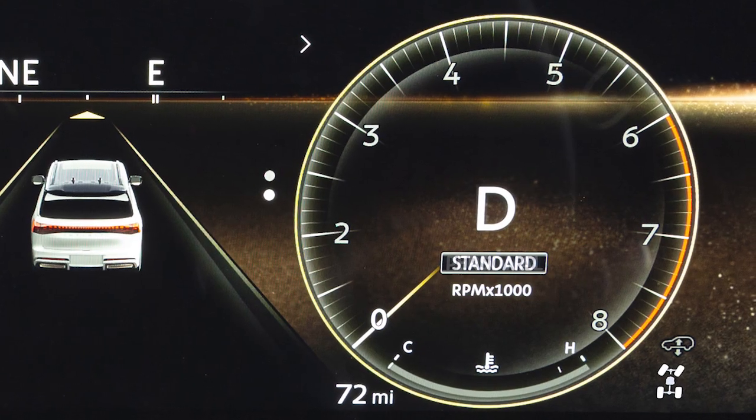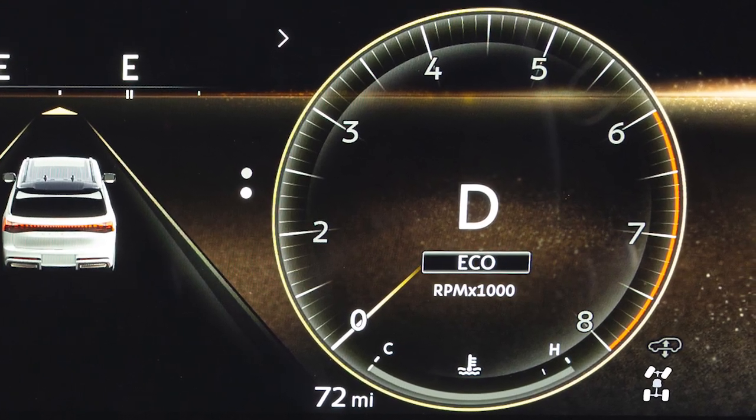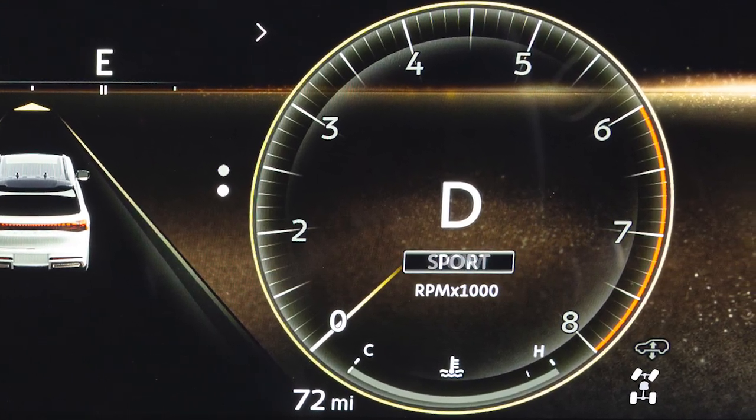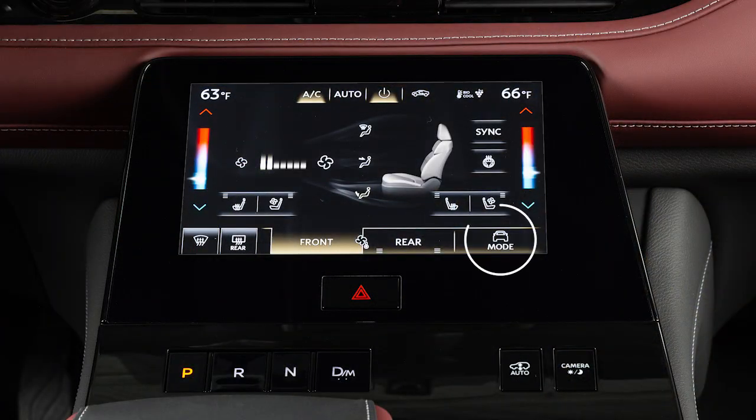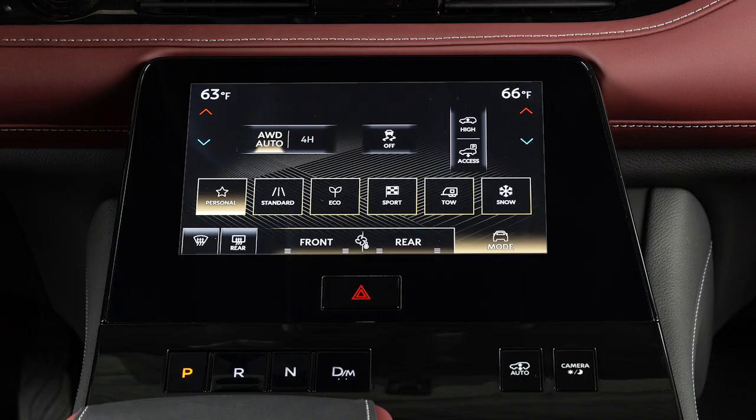The INFINITI Drive Mode Selector allows you to optimize vehicle performance by selecting the mode that best suits the conditions and your driving preference. Touch this key on the center display and then select the desired mode. The available drive modes are: